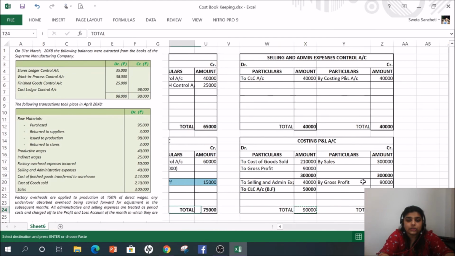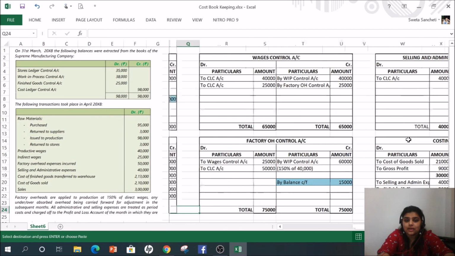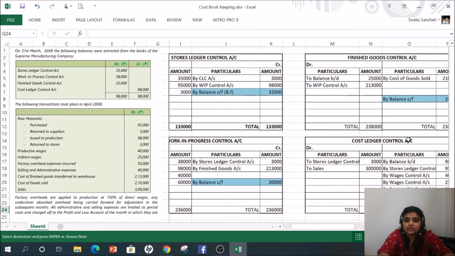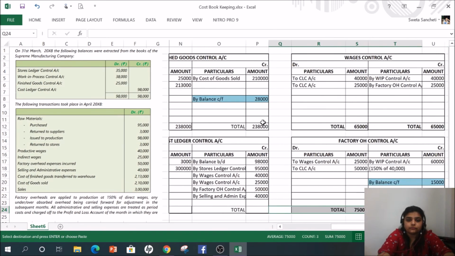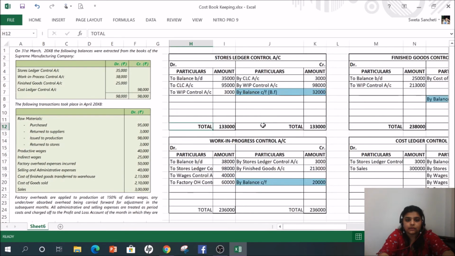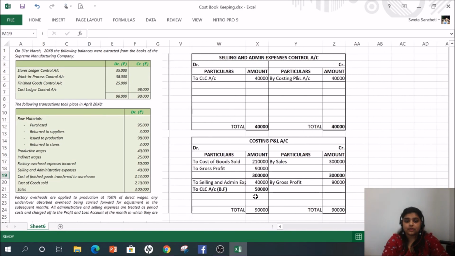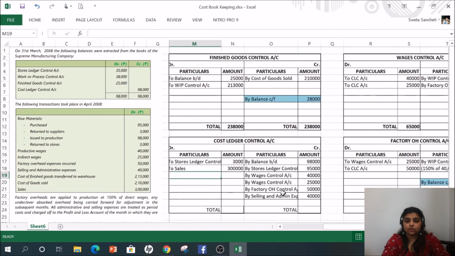Account is closed. Now last we are going to close. If you see, we have closed all our accounts except for CLC. See, all are closed. This is also closed. Everything is closed. Even WIP, stores ledger, everything is closed. What remains is the cost ledger control account. Cost ledger control account, we have to pass an entry for the net profit, that is by costing P&L,